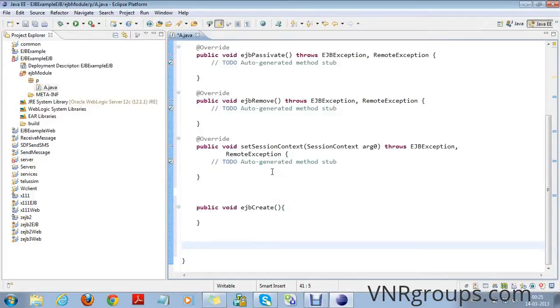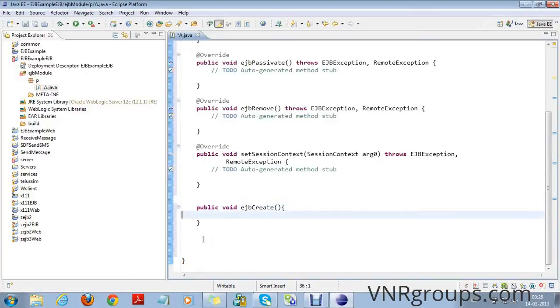This method will be called when EJB component is created. And we also add business methods in this class. These business methods will be called by the client application.